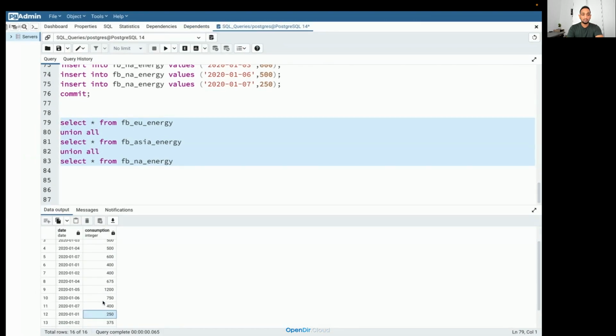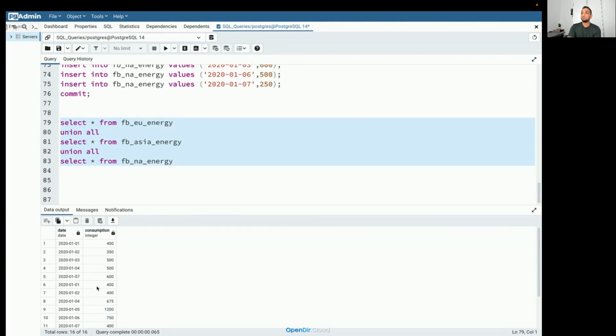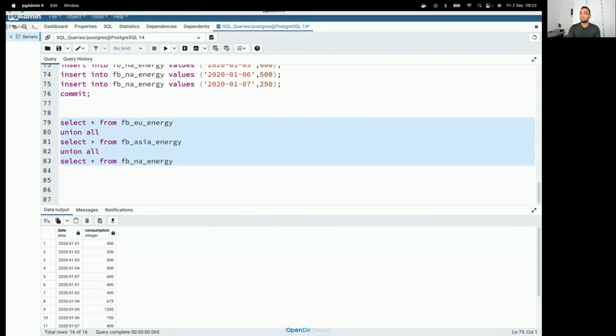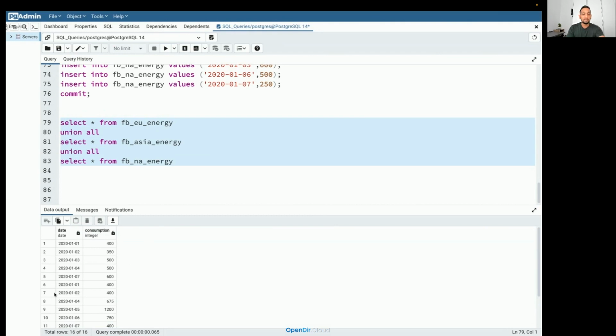I hope you can see this. I just zoomed in. When I have these multiple entries for a day, the first thing that we can do is sum and group by date, because I need to group the data based on each date and then sum the consumption, so I can identify for each date what was the total consumption. Then I will see on which day the highest consumption happened.